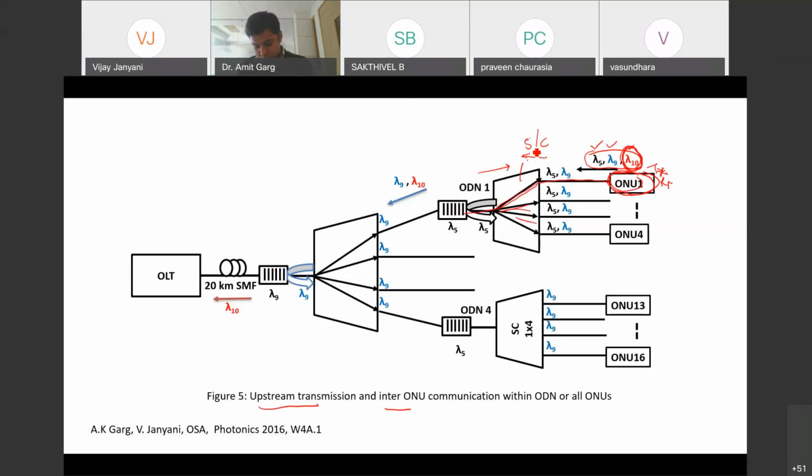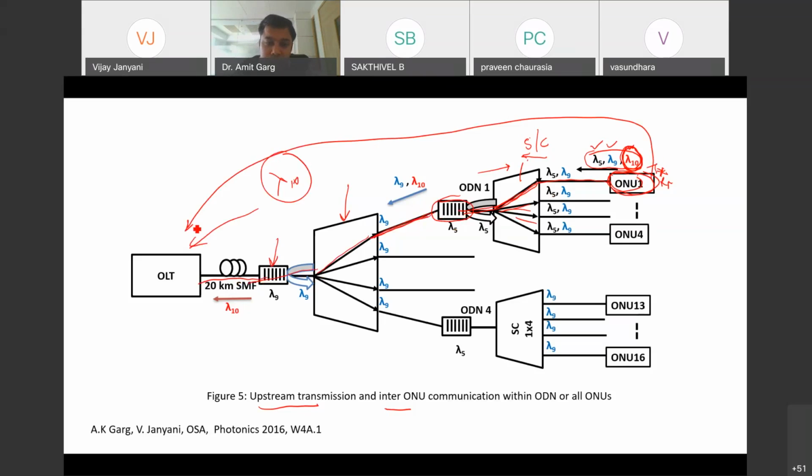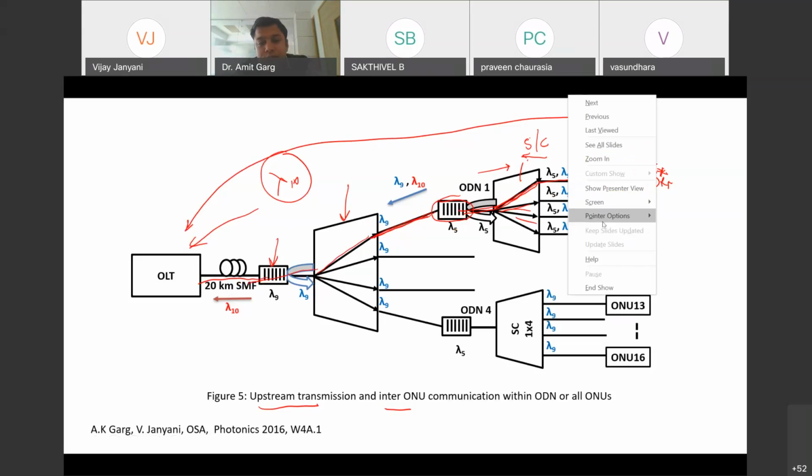So in this direction, lambda 10, being unaffected by this, will again be combined in the second splitter. It will go through this, and then come out through this, again unaffected by this, and this is the direct communication from ONU to OLT. So lambda 10 is the wavelength used to communicate directly with the OLT as previously done. Now what happens when it is transmitting at lambda 5 and lambda 9?